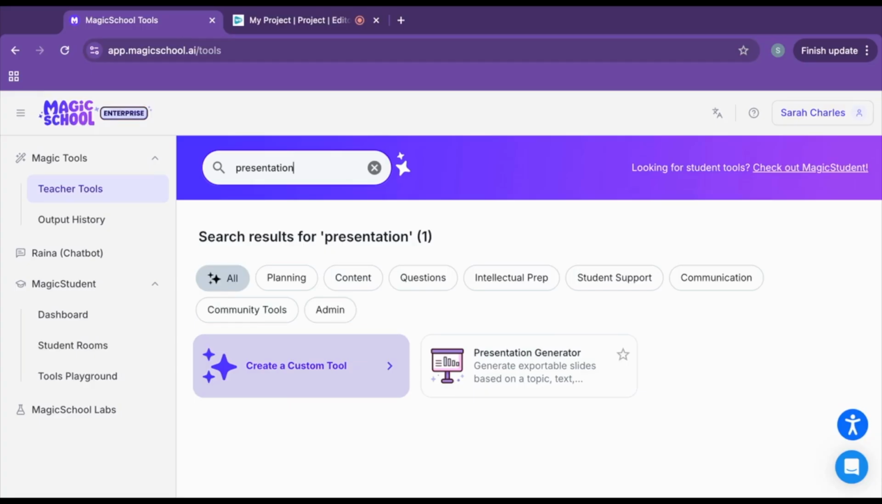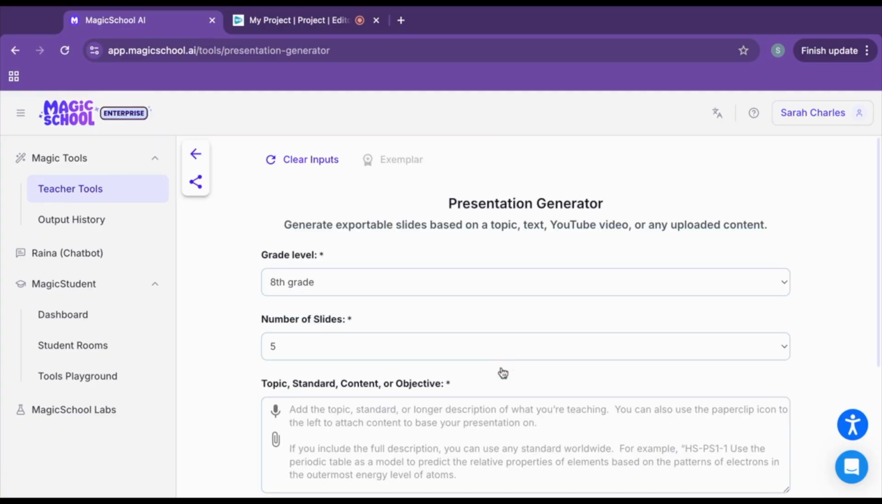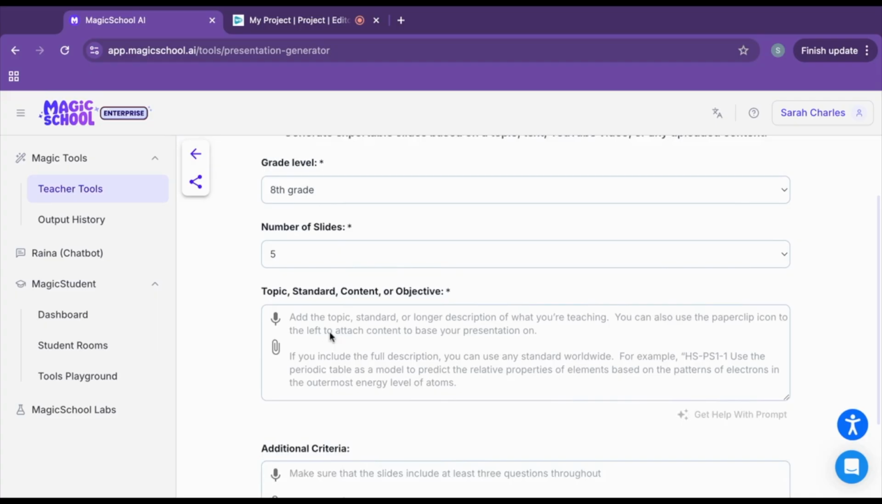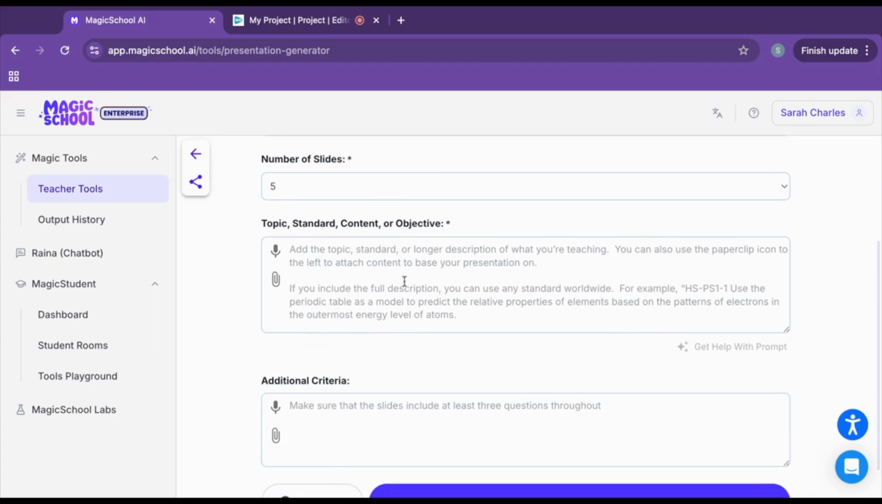You can use MagicSchool to help you develop presentations. If you go to your teacher tools and search presentation, you'll find the presentation generator tool. Just make sure that you change the grade level, the number of slides, and then you have the ability to either paste something that you have already pre-made, but for the topic, standard, content, or objective, and then you can